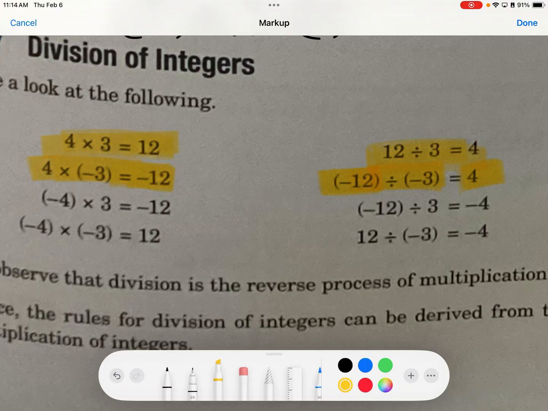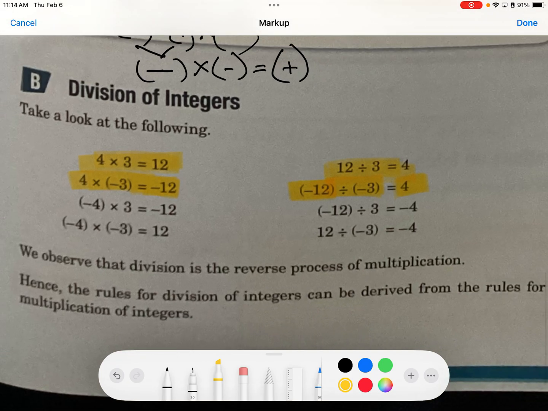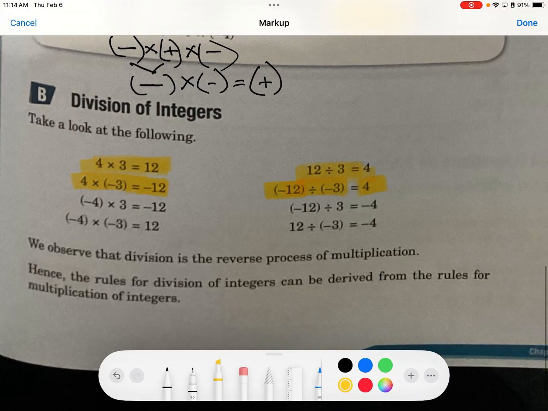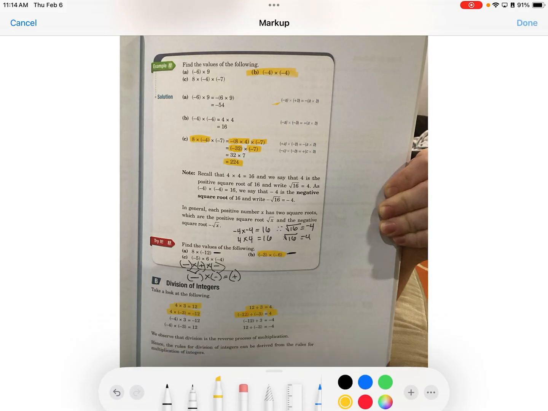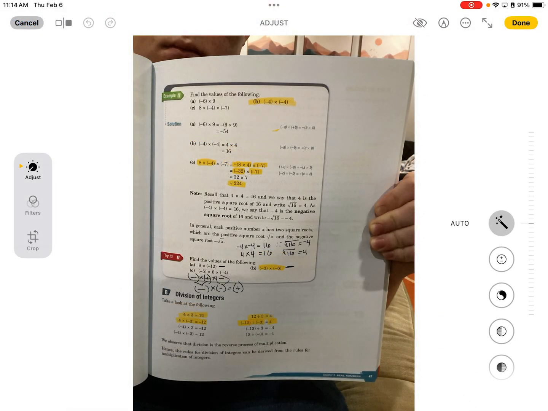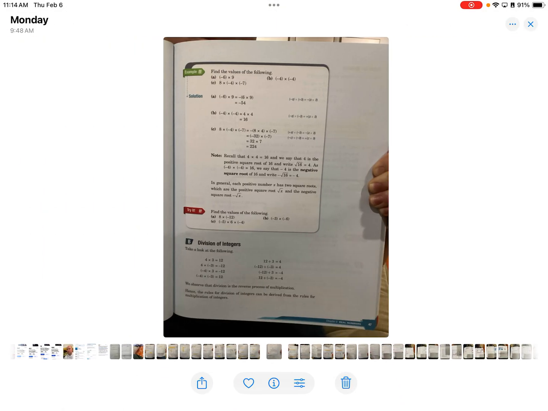What is it telling us? Two of the same sign equal positive. Yep. So we observe that division is the reverse process of multiplication. Hence, the rules for division of integers can be derived from the rules for multiplication of integers. So it's going to be the same jam. It's going to be